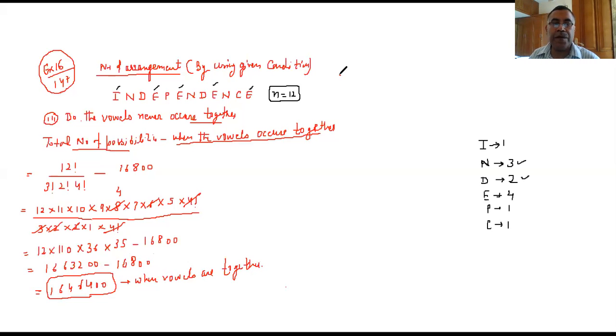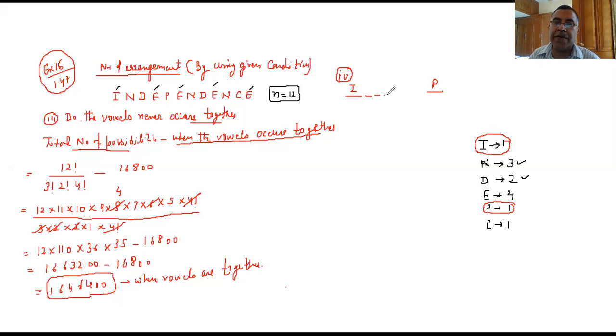Now, please try to understand the fourth part also, because the period is going to be over. Then please note it down. You have a break of 10 minutes, after that 5 minutes. In the fourth part, do the words begin with I and end with P? Now it is quite easy: the first place is fixed for I and the last place is fixed for P. And we know that we have only one I and only one P. So the rest of the letters, which are in between, can repeat.